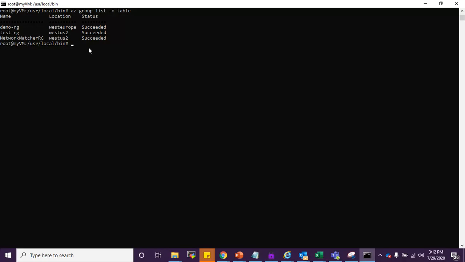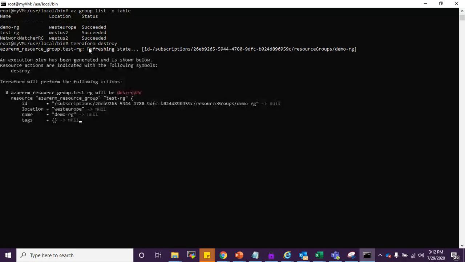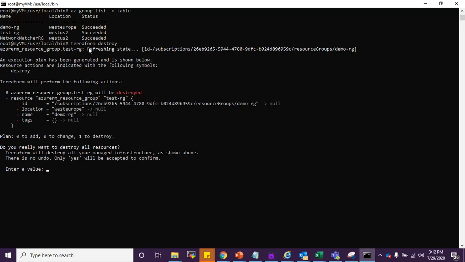Now let's do a terraform destroy. So destroy the resources which were created using the Terraform script. Yes.